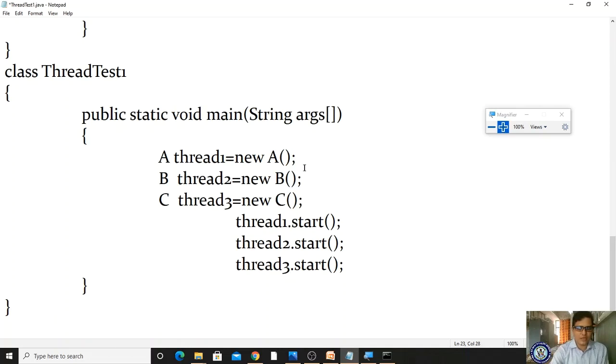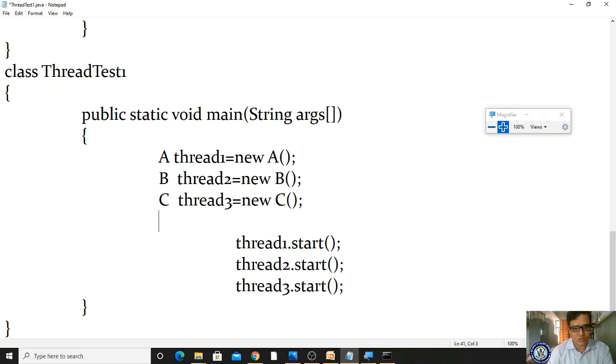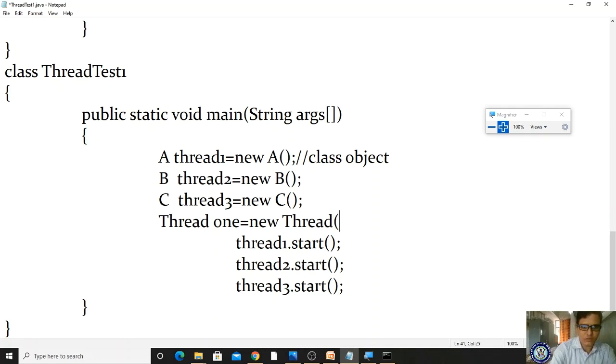Here the thread objects are created, right? Afterwards you have to create the thread class objects. Thread1 is equal to new thread class object. It is okay, this is a class object, and here new Thread, I'm passing thread1 here.